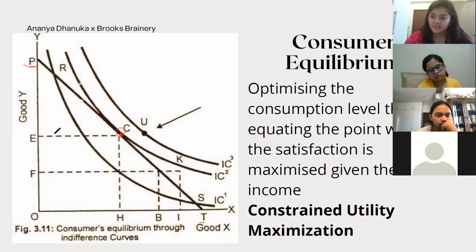And I have no incentive to change to any other point. I would not change to R, all right, because position R represents a lower level of satisfaction. It corresponds to a lower indifference curve. Similarly, I cannot change to U because it is outside my budget line. All right. So point U is not affordable to me. I don't have the money to reach a greater level of satisfaction. So this is the entire mechanism that we talk about.